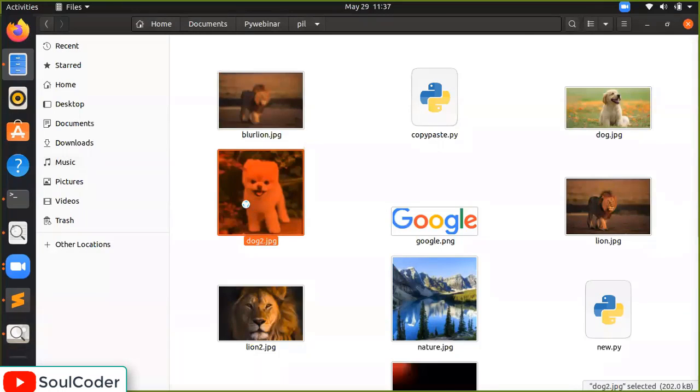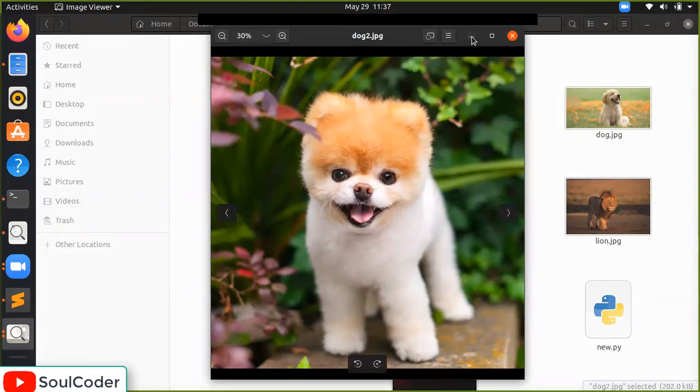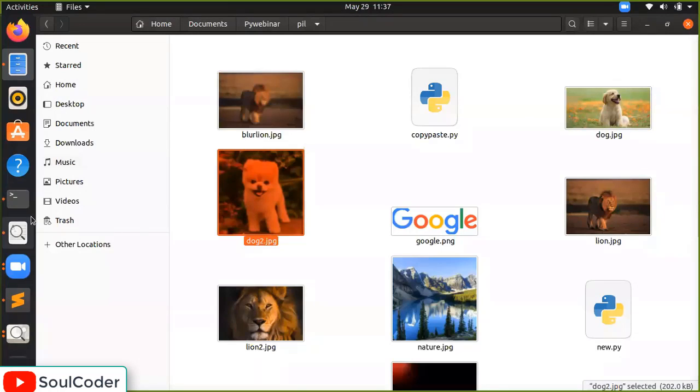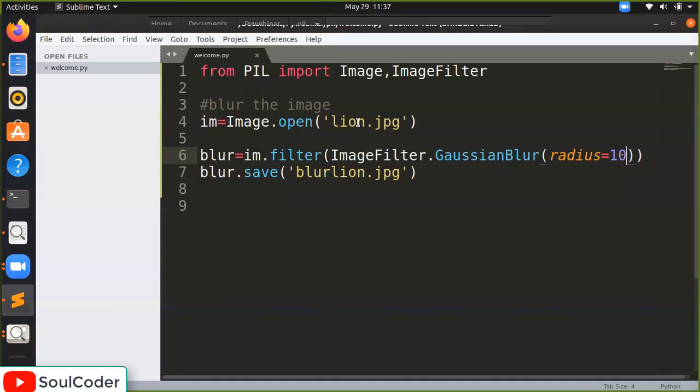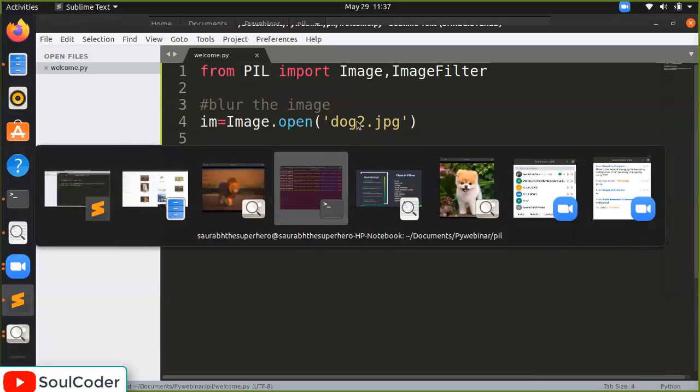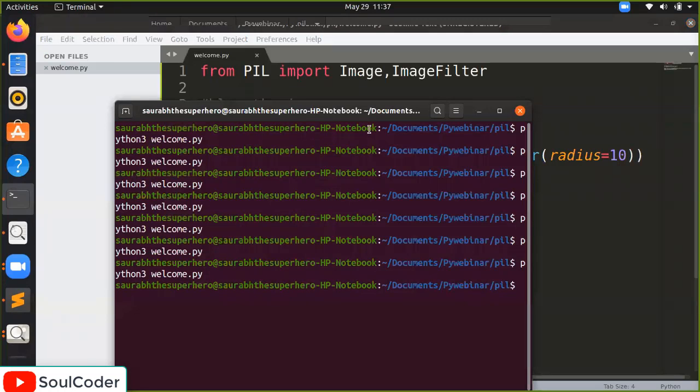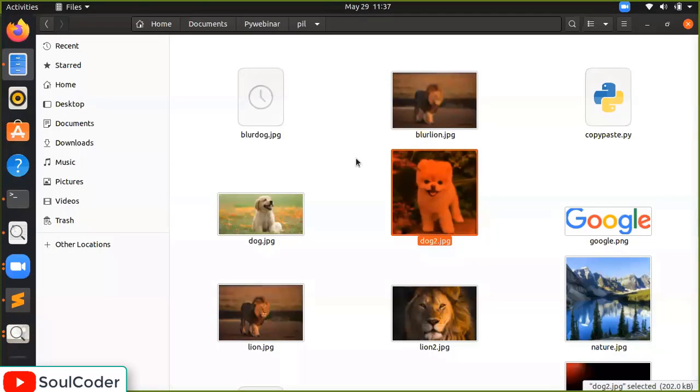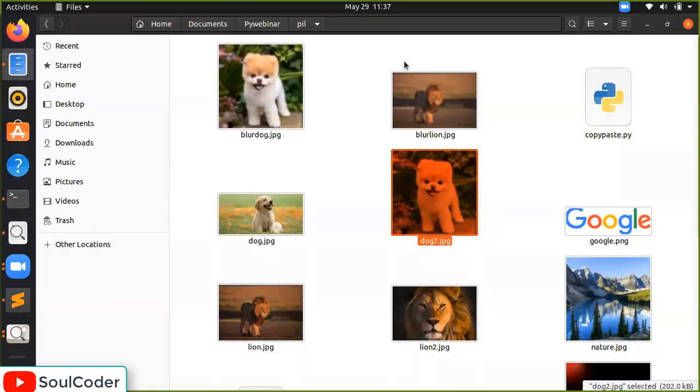So let's see, this is the dog. We will try this dog2.jpg. This is the original image. What we will do is open dog2 and save it as blur dog. When we run it, there is no error. Blur dog is loading.